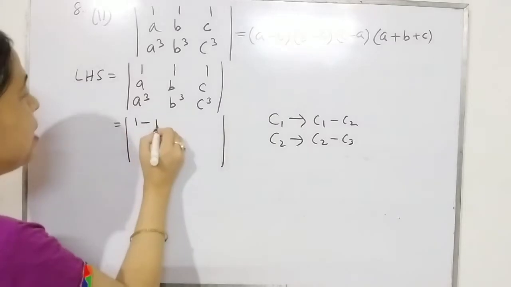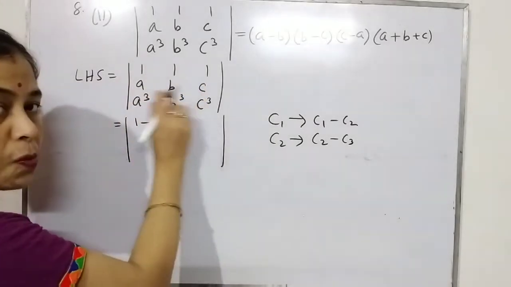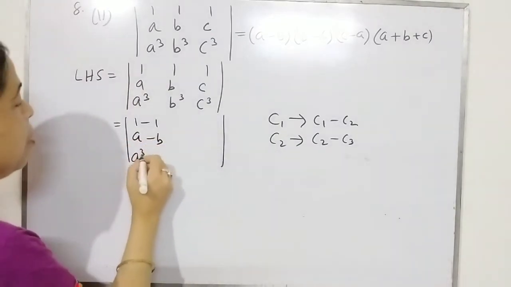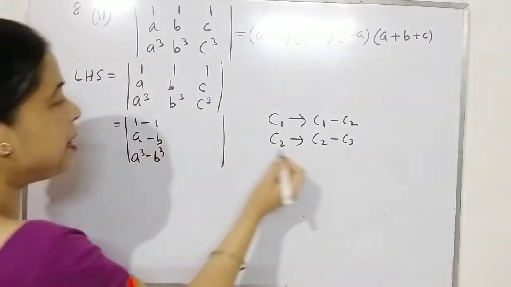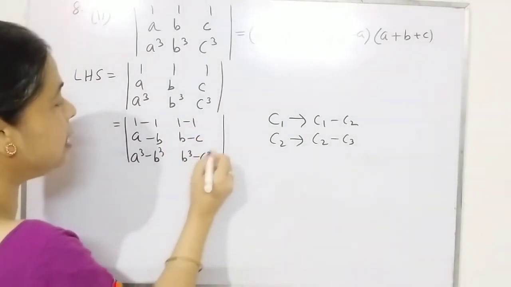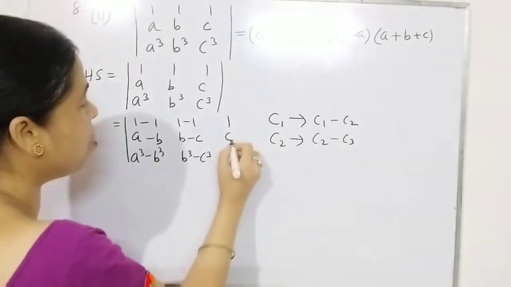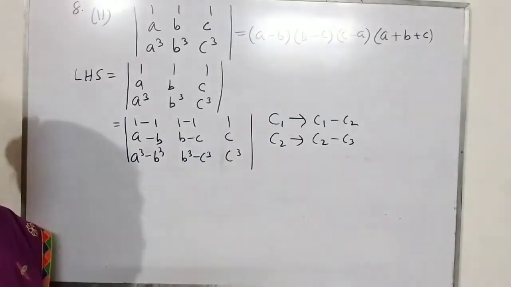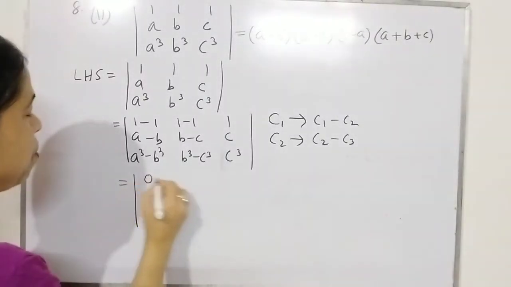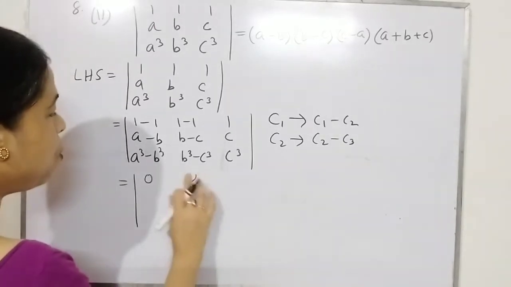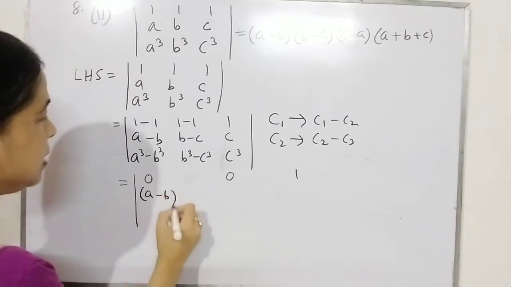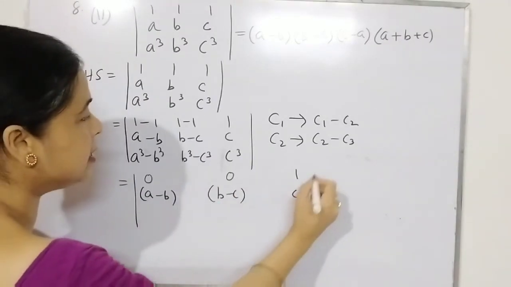So it will give you 1 minus 1, this is column 1, this is column 2, corresponding element. I have applied the last property. So it is a minus b, this is a cube minus b cube. One more property I have applied here, this is 1 minus 1, b minus c, b cube minus c cube. And I can write down the third column as it is. This is your third column. Then what is left here? Let us write down. This will be 0. Simplify, obviously we have to do 0. This is again 0. It is 1. Here a minus b, you keep it as it is. B minus c, and this is c.